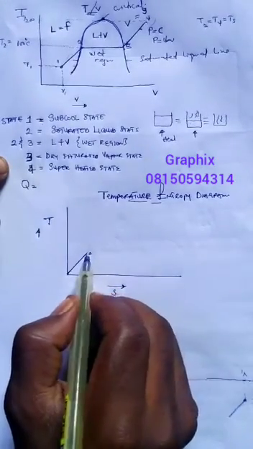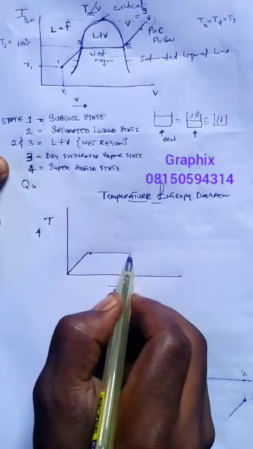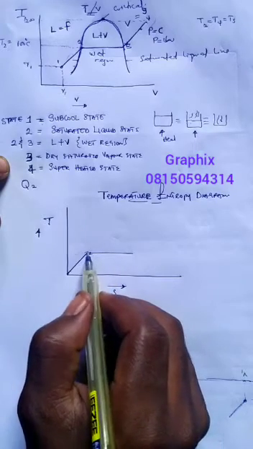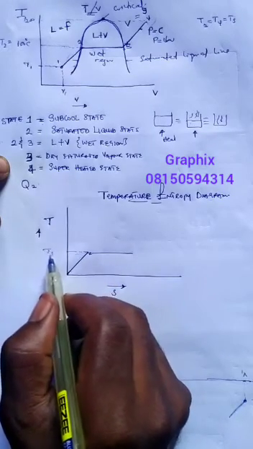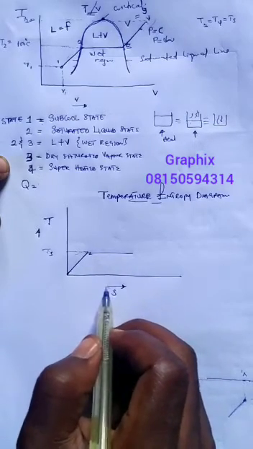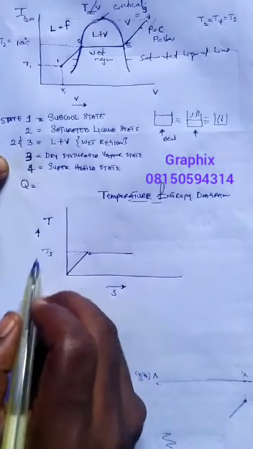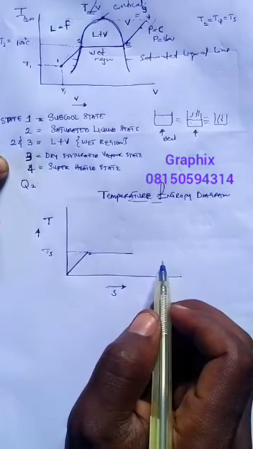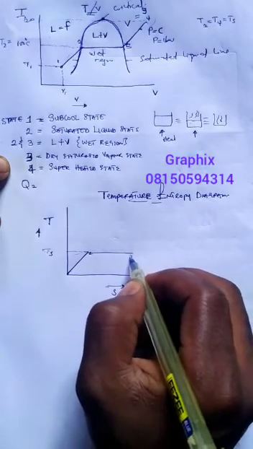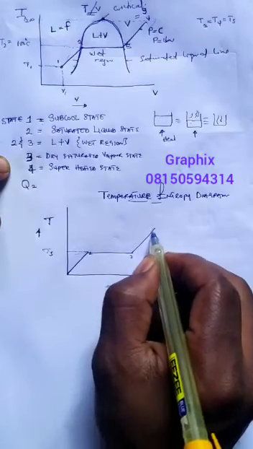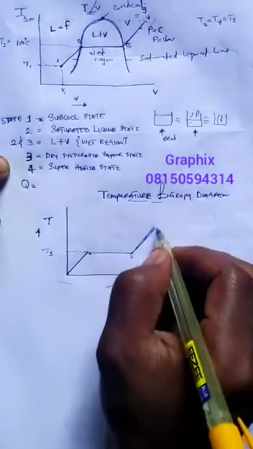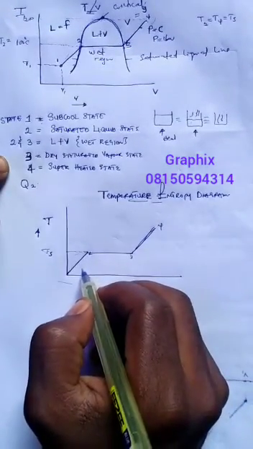So from state 2 to state 3, there's a phase change that we call saturated temperature. We call it Ts here, right? So the temperature remains constant while the entropy increases. Are we good? Now, in between state 3 and state 4, we have an increase in temperature and also the entropy increases, right? So if I join this together,